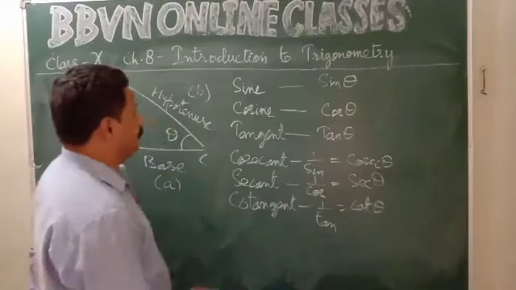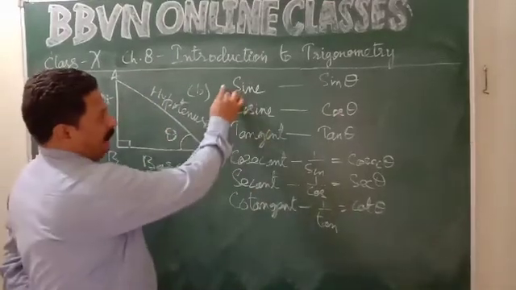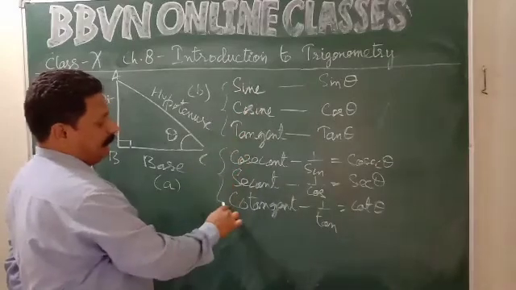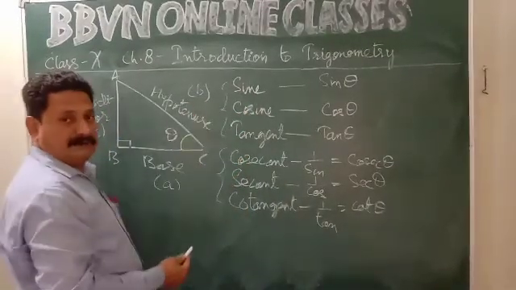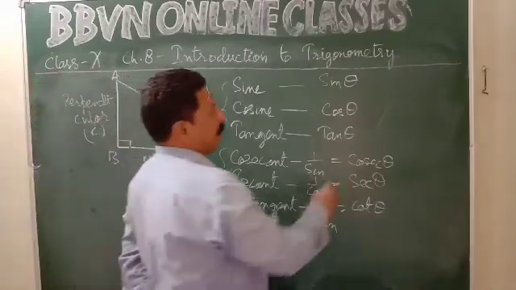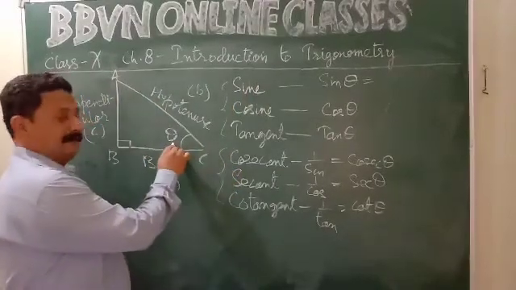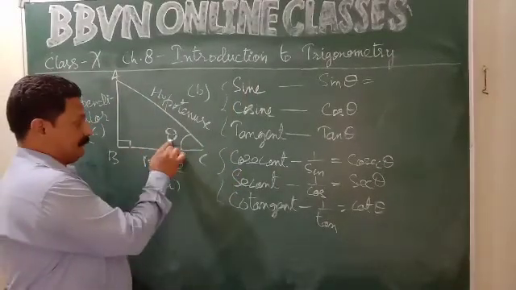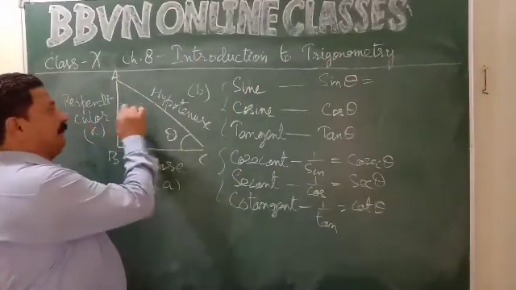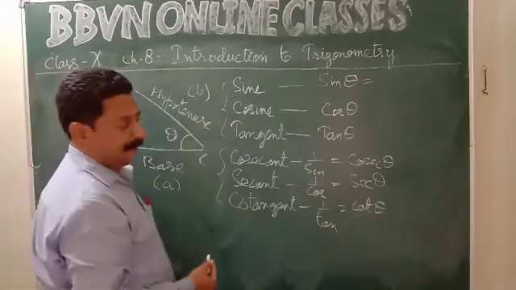As I have mentioned, A upon B or B upon A. In the same way, we have three ratios and these three are the reciprocals of the previous ratios. So we have 6 different ratios. Now what does it say? Sine ratio of angle theta. If this angle theta is considered, then for this theta, this is the base, this is the perpendicular, and this is always the hypotenuse, the side opposite to the right angle.